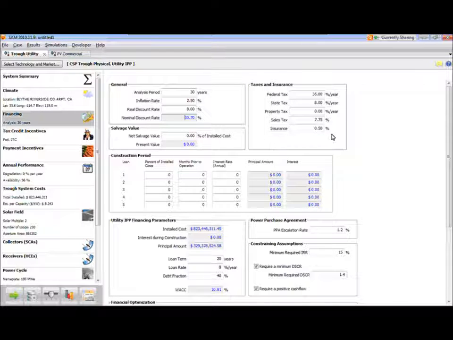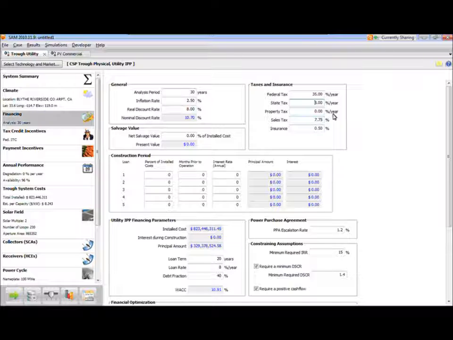Taxes and insurance. So these are tax rates and insurance rates. Federal and state tax are percentages that are calculated based on the total installed cost of the system and apply annually. The property tax is calculated in the same way. So a percentage of the total installed cost of the system